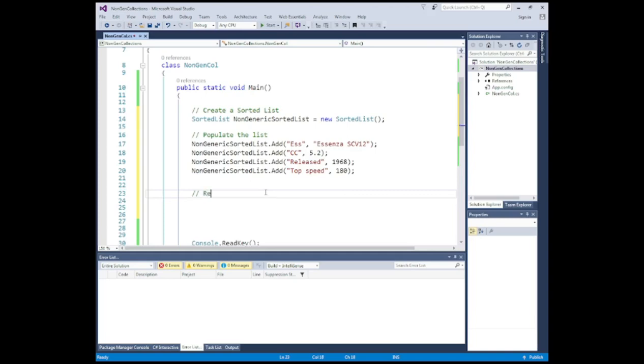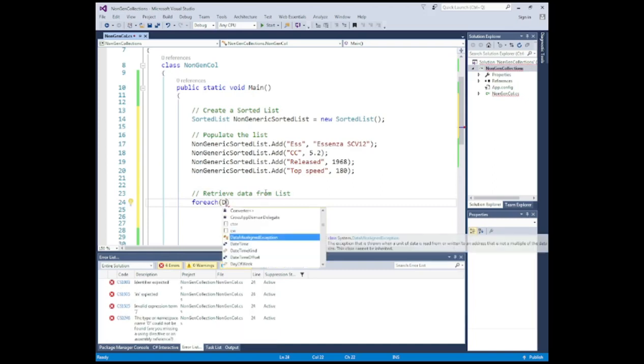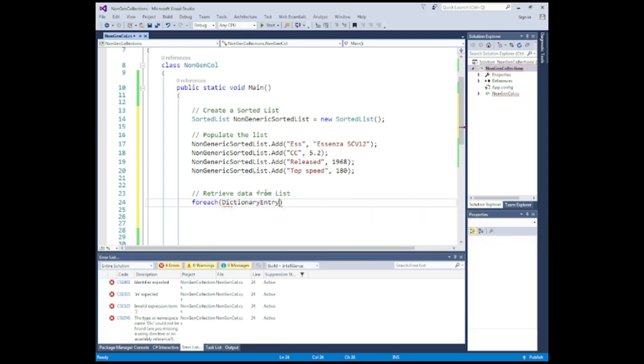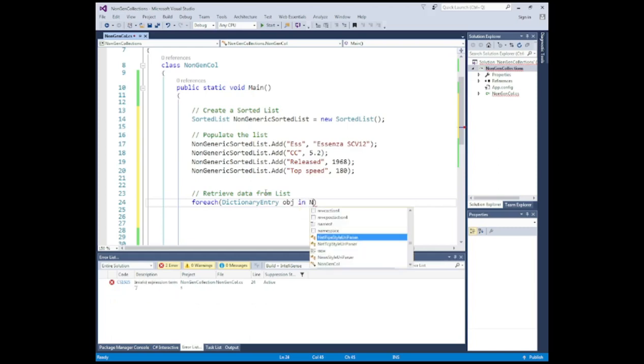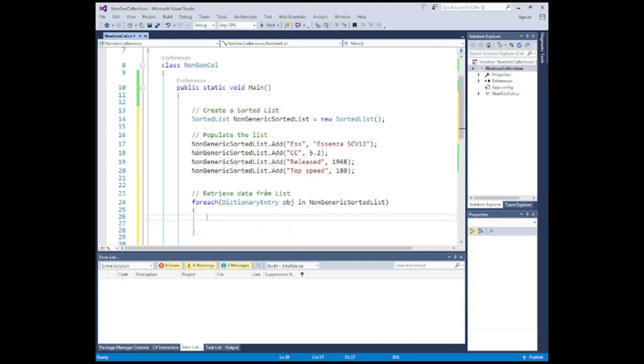So, retrieve data from list, foreach, and again we're going to use that keyword DictionaryEntry, and we can place the values into, let's just put object again, obj, and we're going to take those values from this nonGenericSortedList, open and close curly braces, and we are going to use Console.WriteLine,